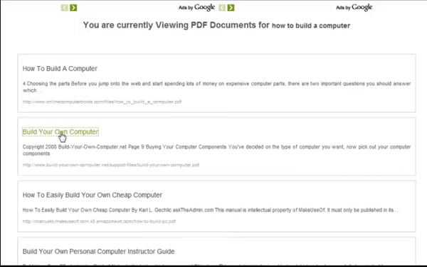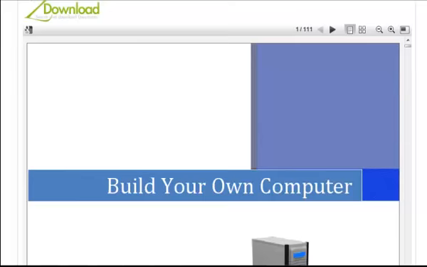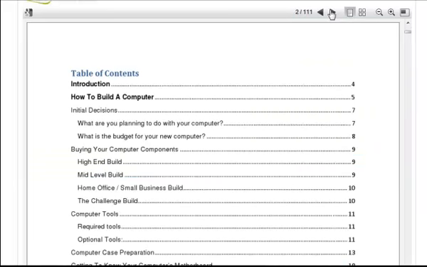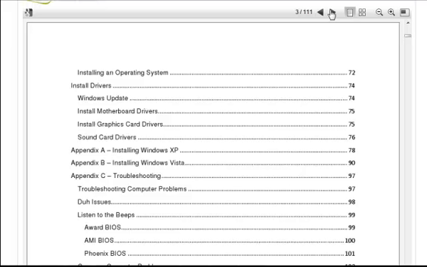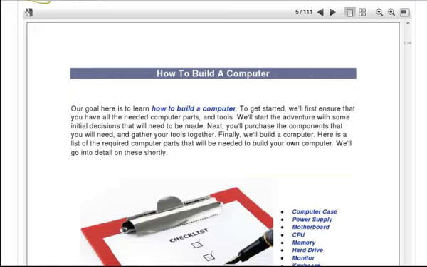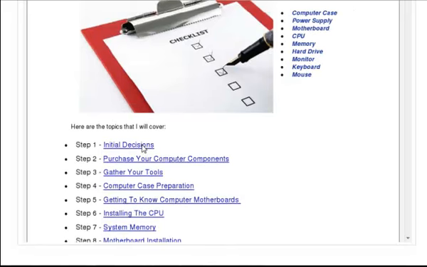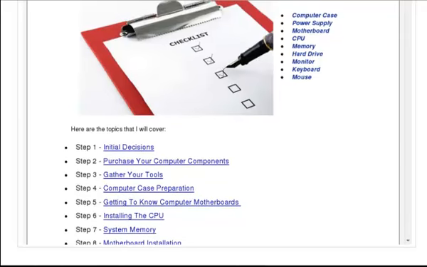Here is a book from 2008, so it's a few years old. I know that, but there are other books that aren't old. Let's click on how to build a computer, and it's from Build Your Own Computer. You'll have to look at the URL there, but look at this. This is a phenomenal book on how to build a computer. You've got a table of contents: sound cards, drivers, troubleshooting, what if you have beeps that pop up, what that means. So here you have a nice checklist where you're talking about having to choose a computer case, a power supply, motherboard, CPU, memory, and it even goes through the initial decisions on what kind of computer you want